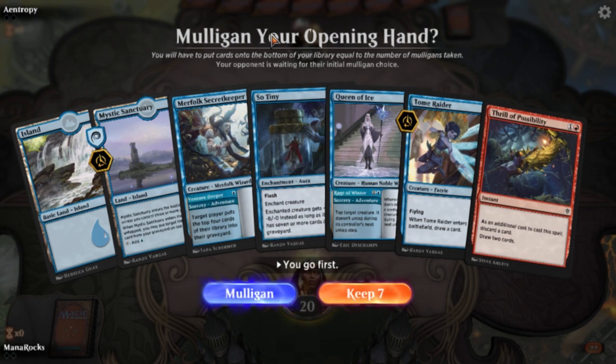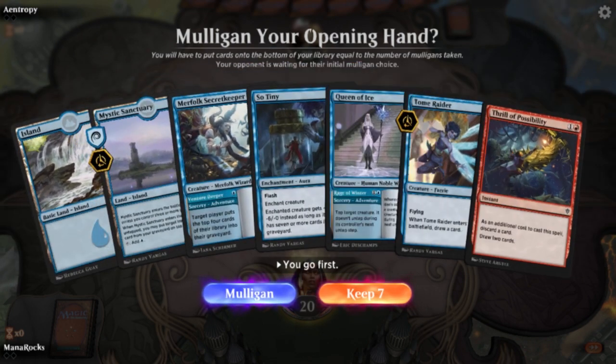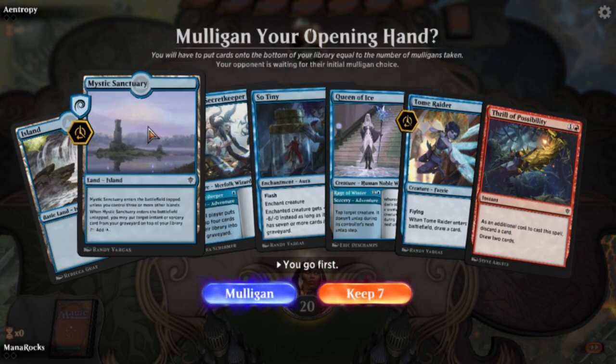Alright, here we are. Match 3. Got a sketchy hand. I would be very happy to keep this on the draw, and I think I'm still fine keeping it on the play. I think I'm going to do the same thing I did last time, where I just mill for 4 on turn...